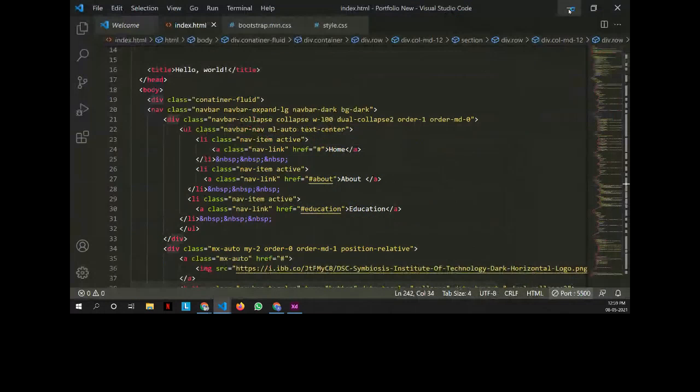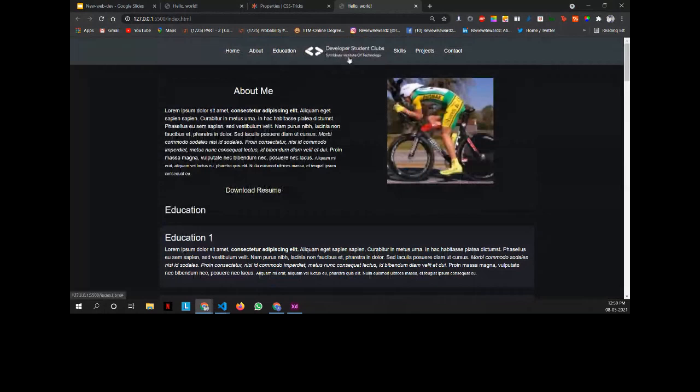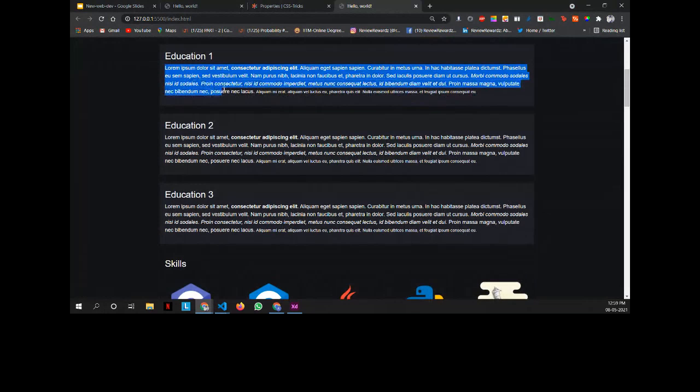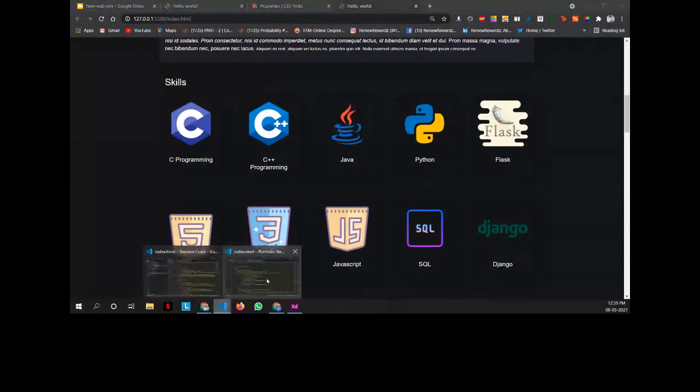Yeah, so guys, as you all can see, we have this site here. You all could just change the logo here, add whatever your name is. Then the education part here, you could write down what you have learned. Then here, these are my skills. You could search for the logo of whatever skills you are well versed in, and just add the logo here. I've used image tags only here, as you all can see. One second, I'll show you all the code.